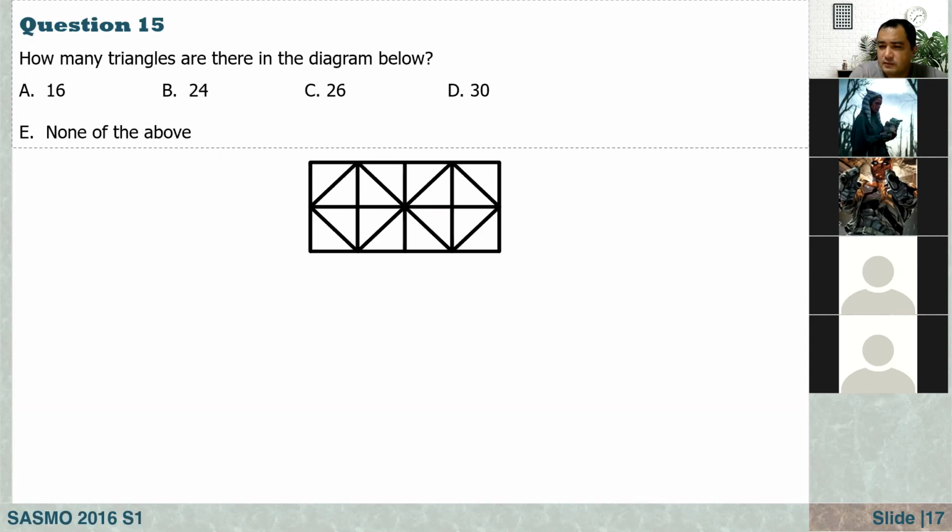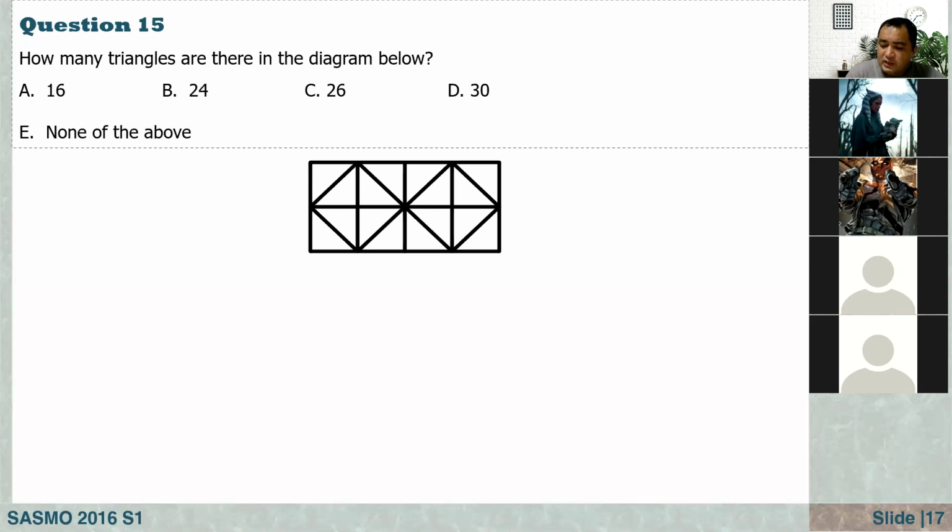Okay, now what do you get? 16, but I'm not sure if that's correct. No, that's why I'm asking, because if you do not use the right method, you cannot answer the question. Usually in SASMO, every year they ask one similar question: find the number of squares, find the number of rectangles. If it is a square, it is easy, actually the easiest one. If it is a rectangle or triangle, that is the harder one, because a square is also a rectangle.